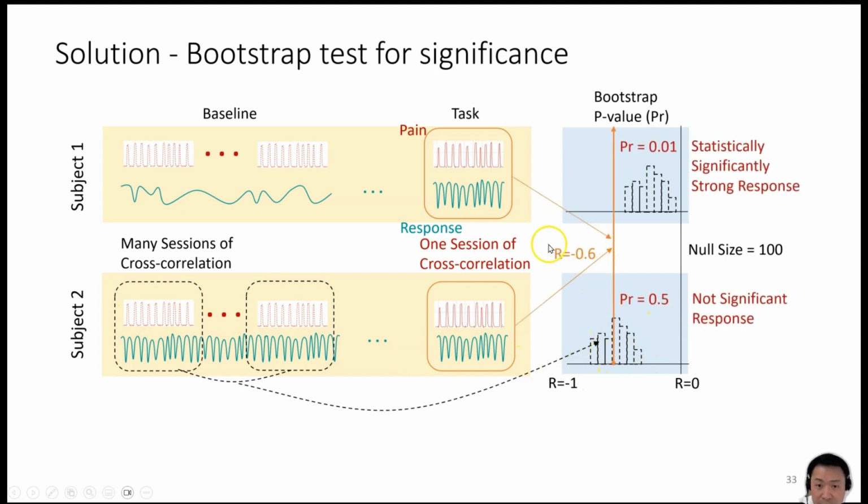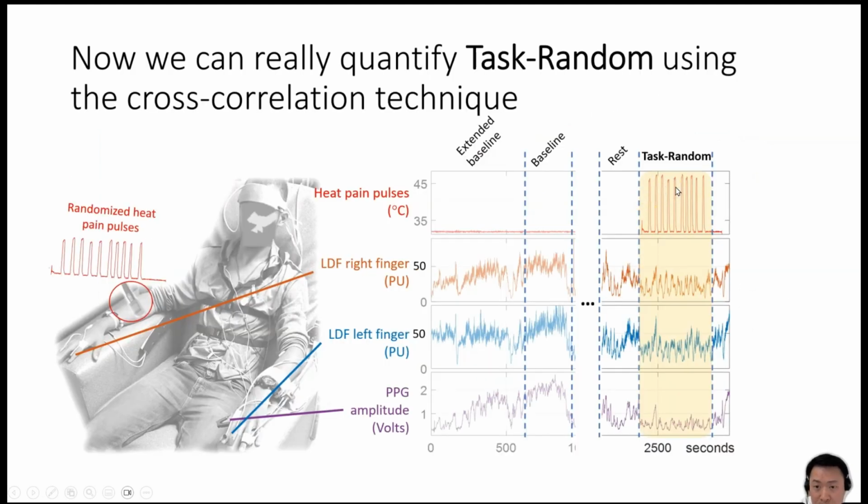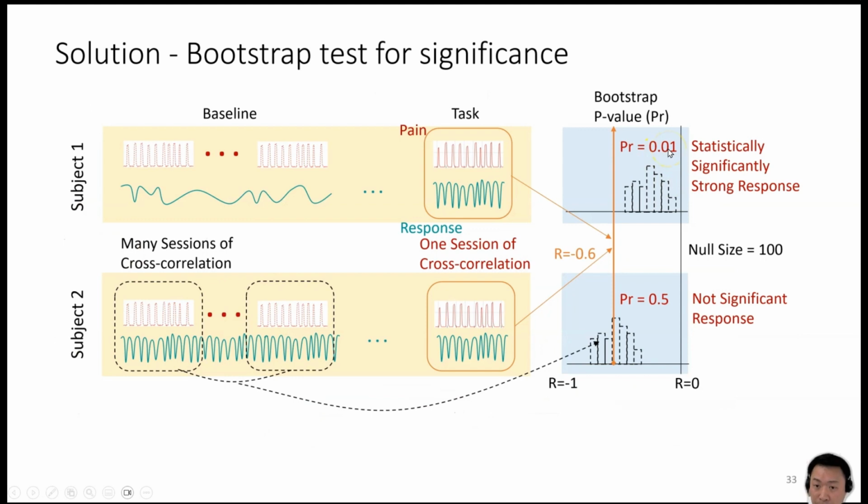Based on that, given the same R value of negative 0.6, for case number 1, you can see it's very far from the distribution. If you rank them, it's going to be the first out of, say, 100 samples here. So that translates into a 0.01 p-value. And in this case, if you rank them, it's in the middle. It's about the 50th percentile, so it turned out to be 0.5. So we can conclude that, let's say our alpha significance threshold is 0.05, then subject 1 showed a significant response because the p-value is 0.01, while subject number 2 was